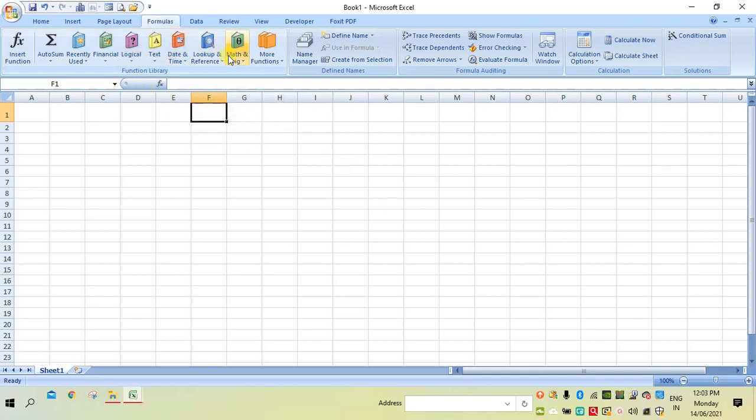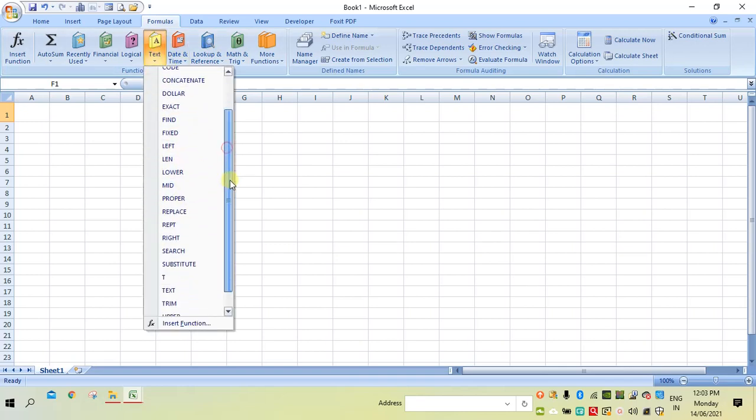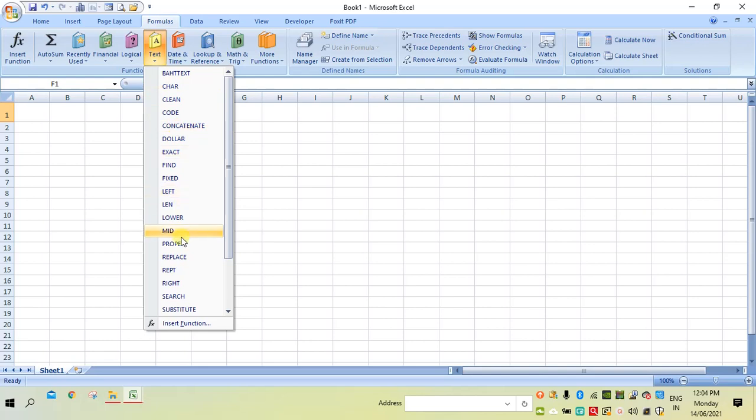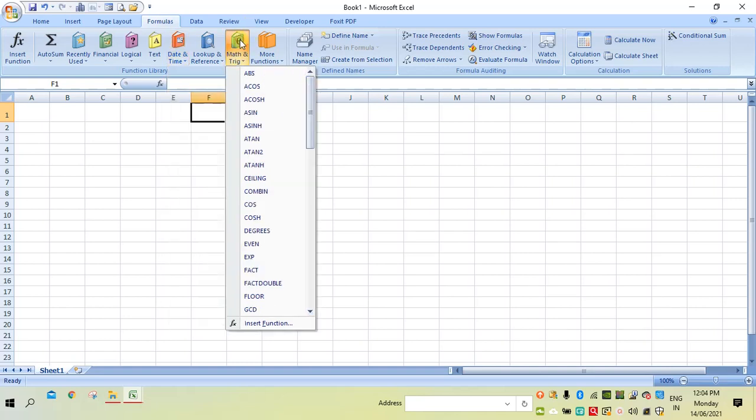By clicking any one of them, you see a list of functions. For example, these all are text functions. If you click on this, you will see functions which are related to time and date. Here you will get mathematical functions.